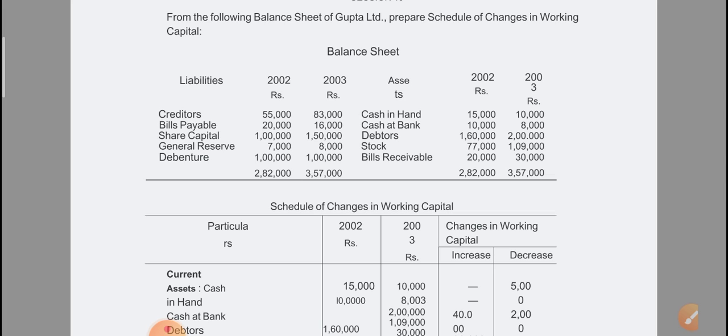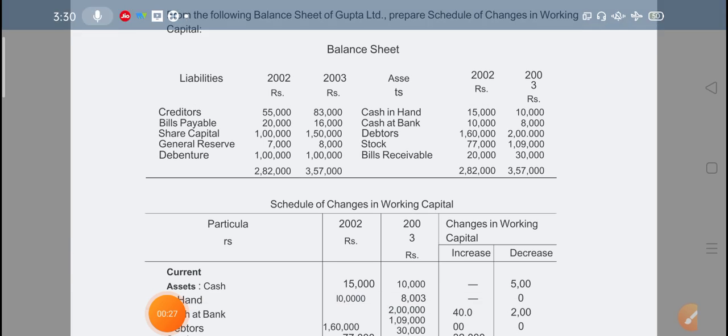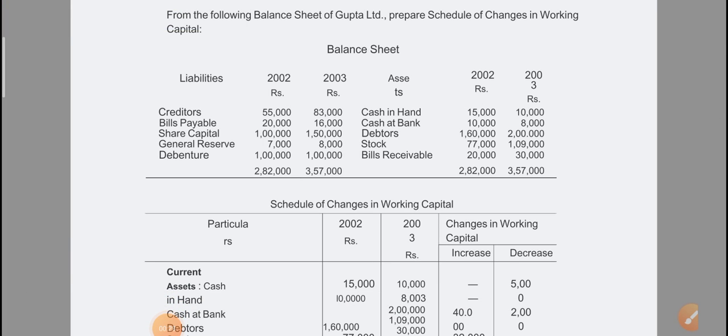Here, let's solve a problem on preparation of schedule of changes in working capital. In this problem, a balance sheet is given. So liabilities, 2002 and 2003, 2 years,